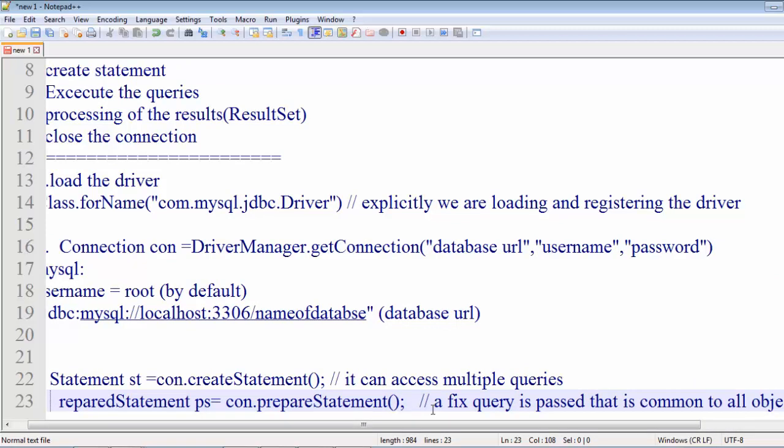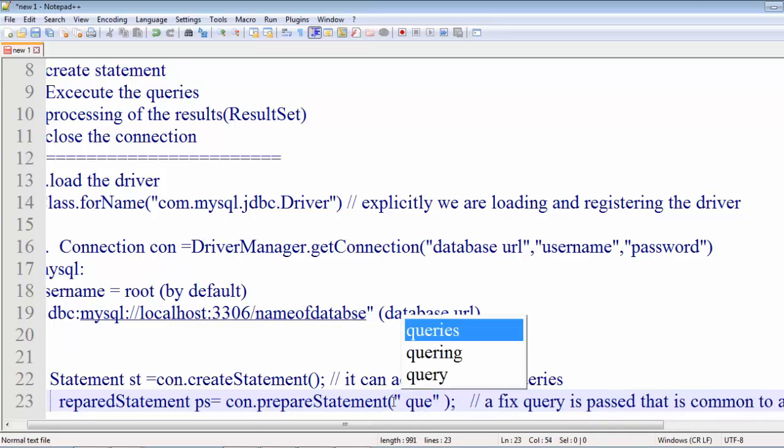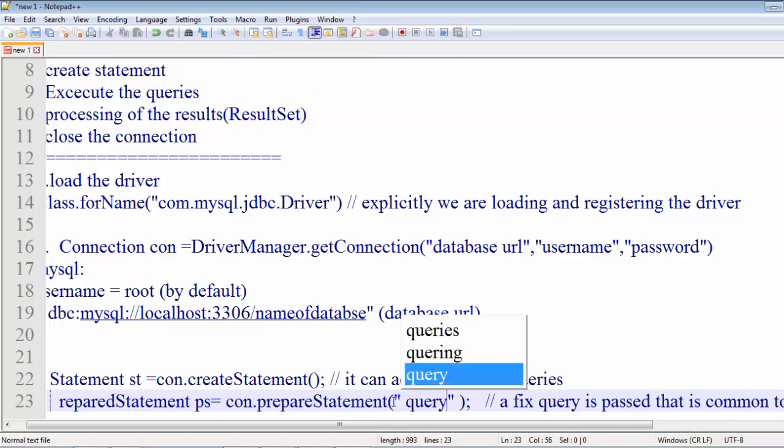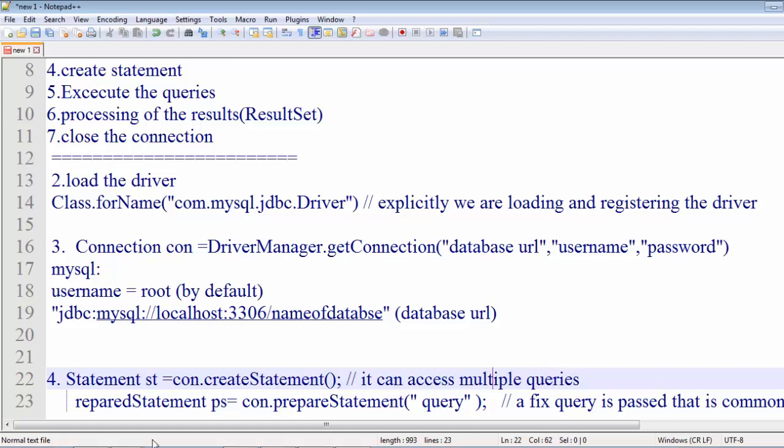You can't change this query for different objects. So inside this you have to pass a query. We will see what a query is. We will just pass a query inside this prepared statement.